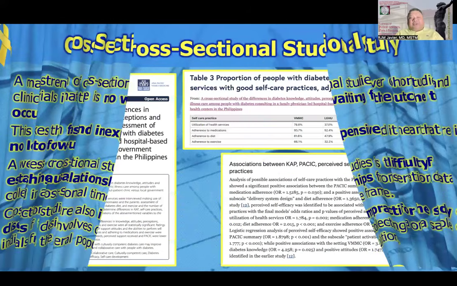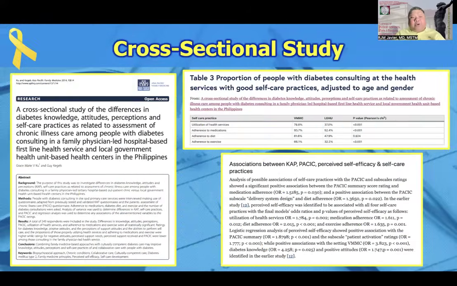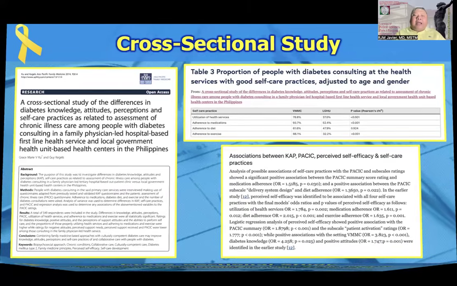So again, just to highlight, no, if it's purely just research on surveys, it's a descriptive study design. But once you link it with other variables, let's say, for example, finding the link between knowledge, attitude, and practices, and let's say self-efficacy or self-care practices, there is now potential association. Then it becomes an analytical study design.